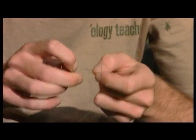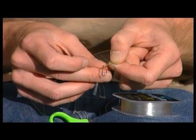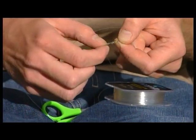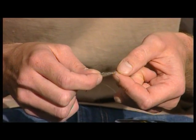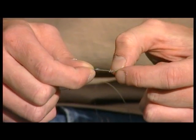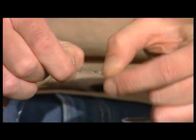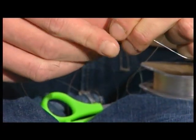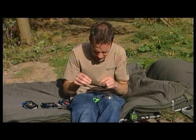There we go. And once you've gone up there, now what you've got to do is thread the tag end back through the loop so that it comes out the same side as your hook end, like that. Then again, bit of moisture, and just tease that knot down gradually to the end of the loop. And once you get to the end, just give it a good pull from all angles. Tighten it up, and there you've got a ridiculously neat and tidy